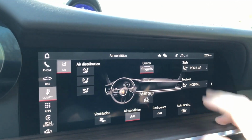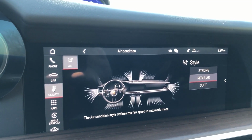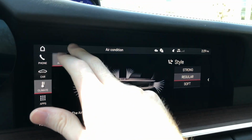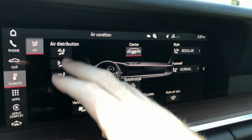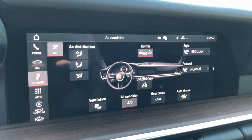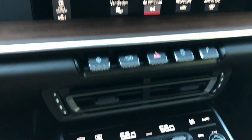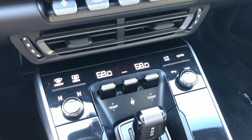You can change the actual intensity of the air blowing at you: strong, regular, soft. We're at regular right now, don't need anything else. And then you have your typical climates, up, down, to your feet. But on top of that, Porsche does indeed include hard buttons here. So you can see this little glossy black